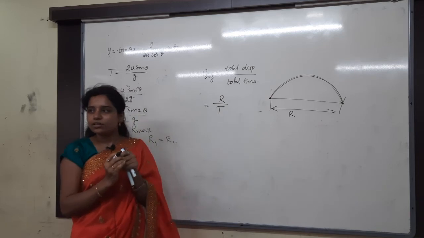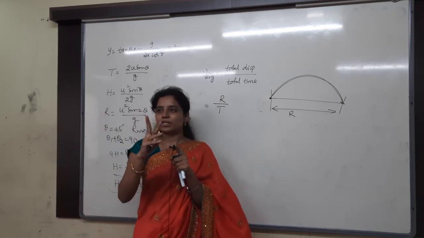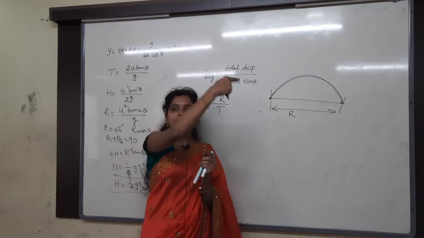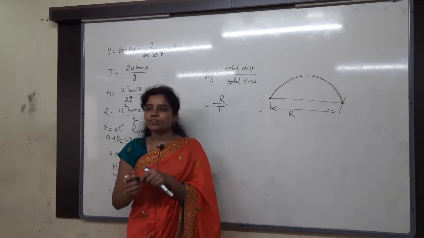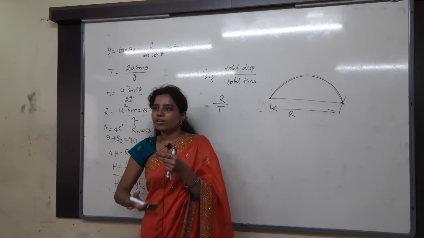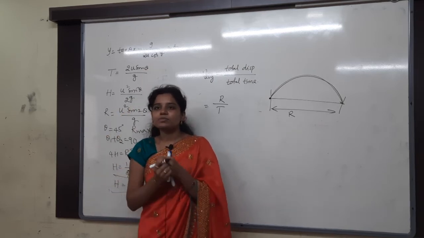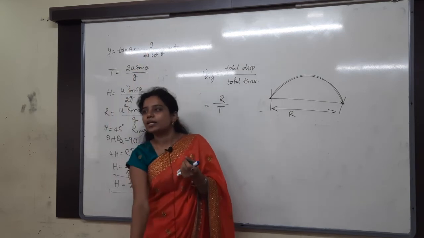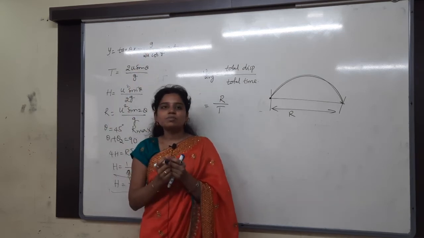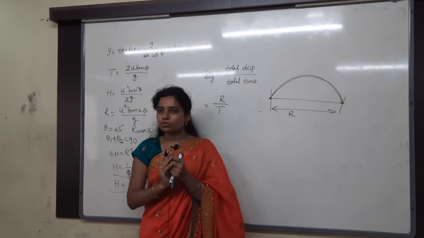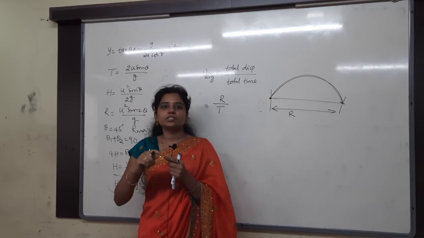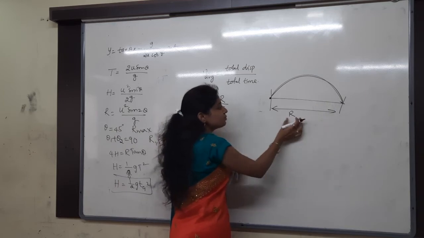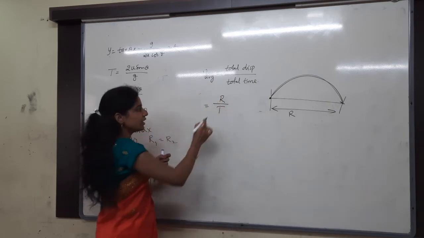You are understanding or not? So it will have two displacements, one horizontal and another vertical. Starting from the ground and reaching the ground. For example, I am jumping from here. Whenever I jump and then land on the ground, what is my displacement along the y axis? 0 only, na? I am starting from here and coming back to the same level. Along the x axis, from initial position to final position, the displacement is R. Then R by T.